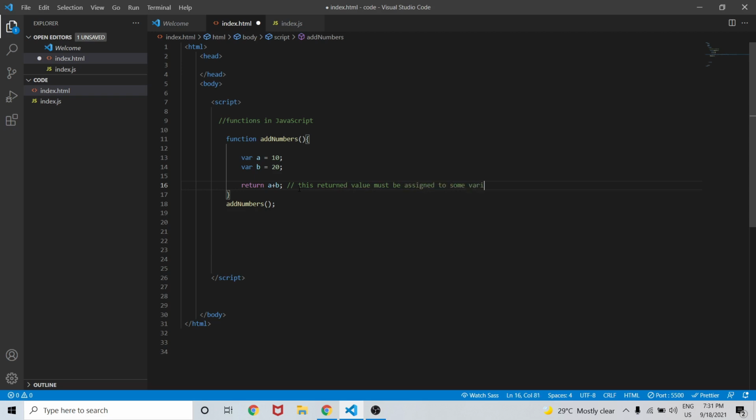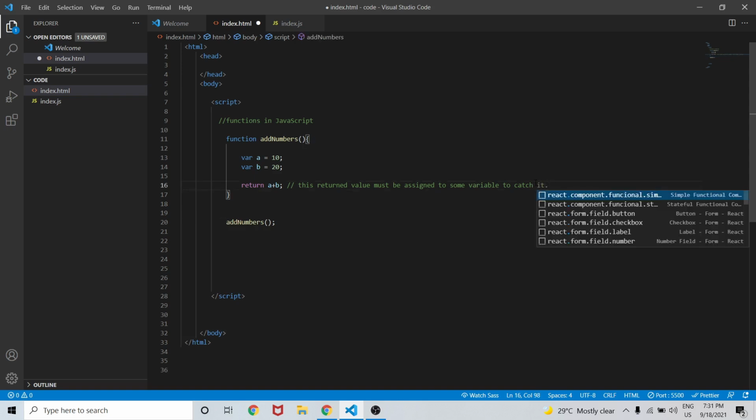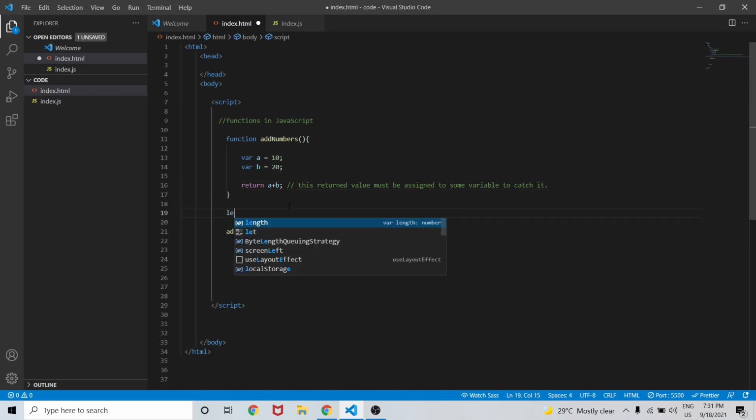So let's do that by creating one more variable. Let sum equal addNumbers, and we will simply console.log this sum variable, console.log sum.